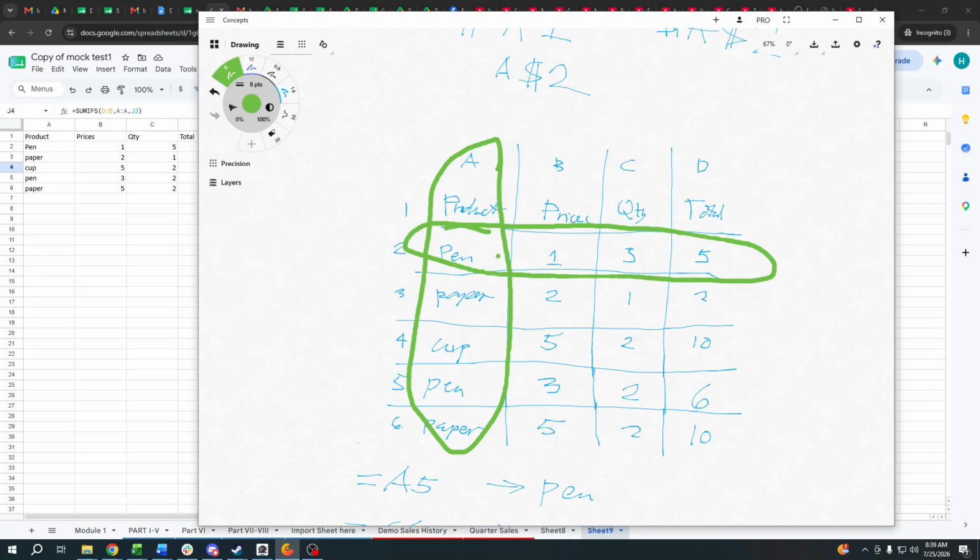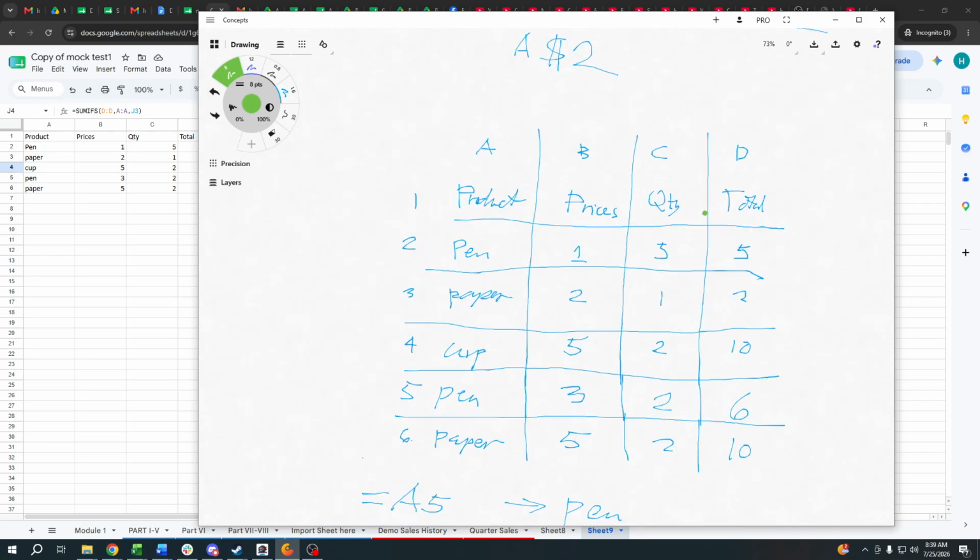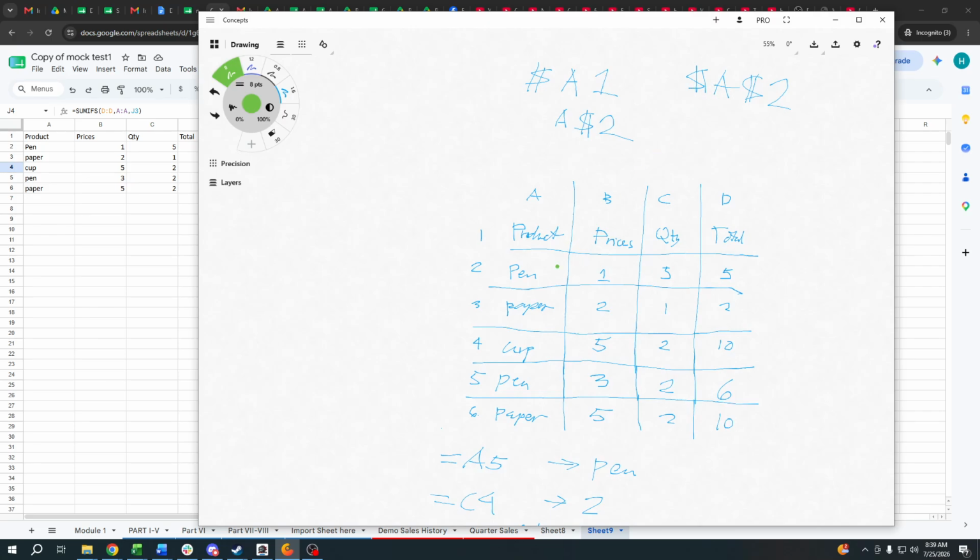Since this is already locked to A, but you also lock the row, only this cell will be the location, or we can say just a lock of that cell.